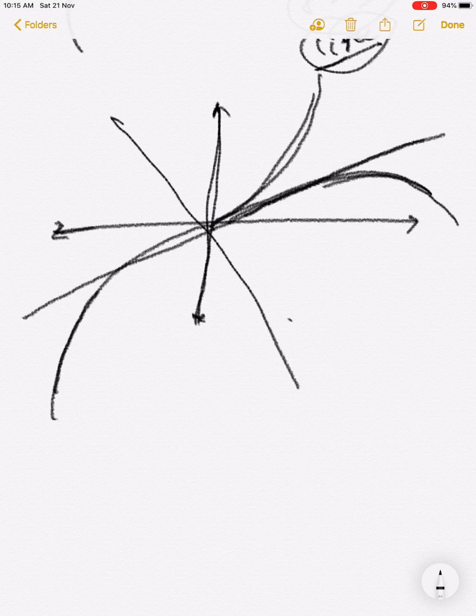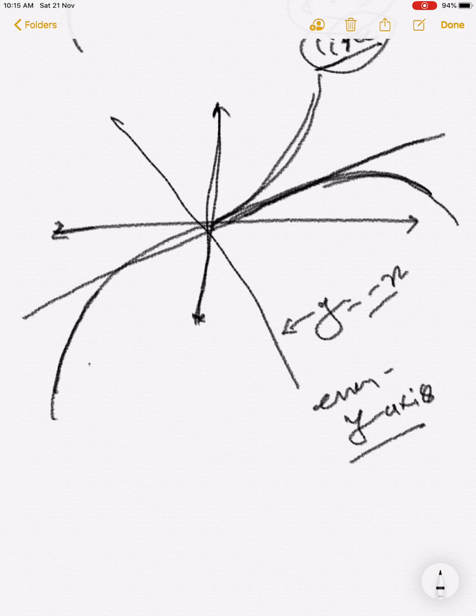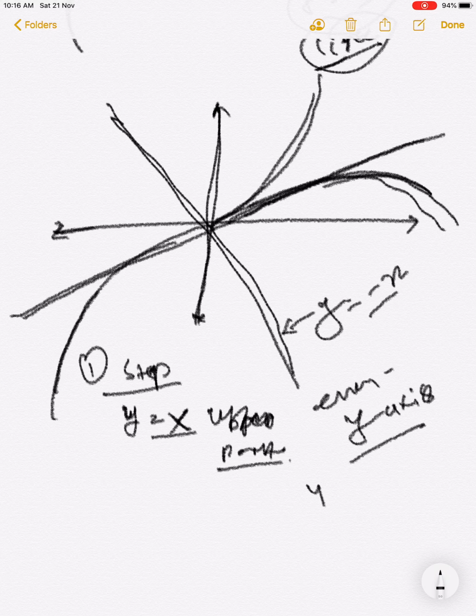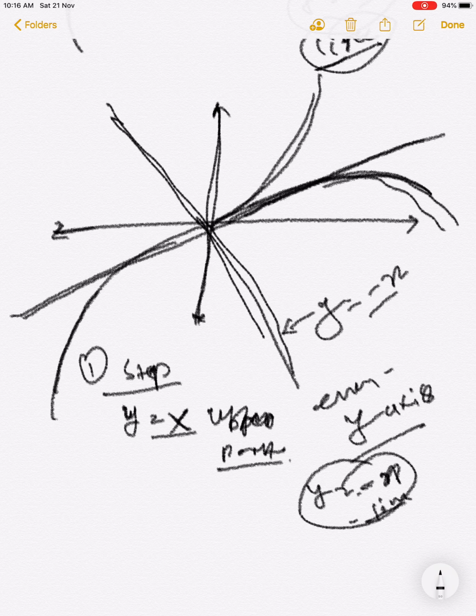And after taking reflection in y equal to minus x, just like in even we take reflection about the y-axis. Here, the first step, if you know the steps, is to take reflection on y equal to x for only the upper part, that is the first quadrant upper part. And after taking the reflection, if you take the reflection of the whole function about the y equal to minus x line, then it will be symmetric about y equal to minus x. So that's the definition of an odd function.